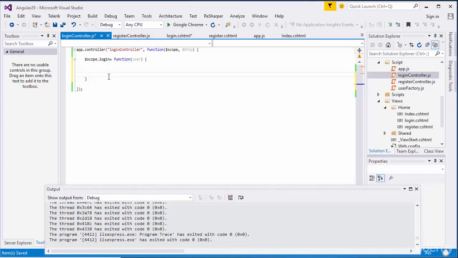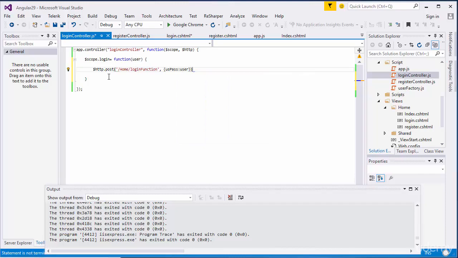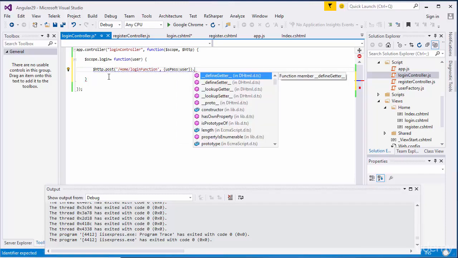I'm going to write $http.post, this is post I'm going to use for a login, and my path will be home/login function, and I pass the data to the backend as the uspass variable, and this will be the user object. I am going to pass it as uspass, and if that request is success,